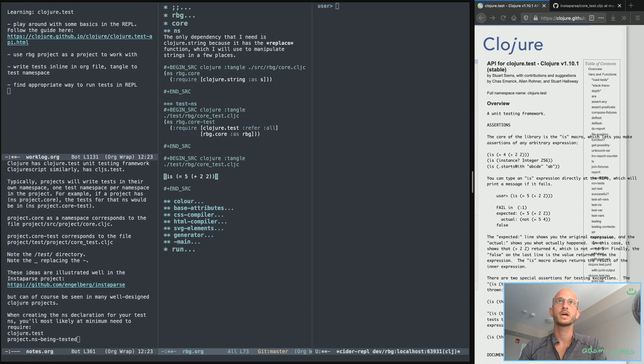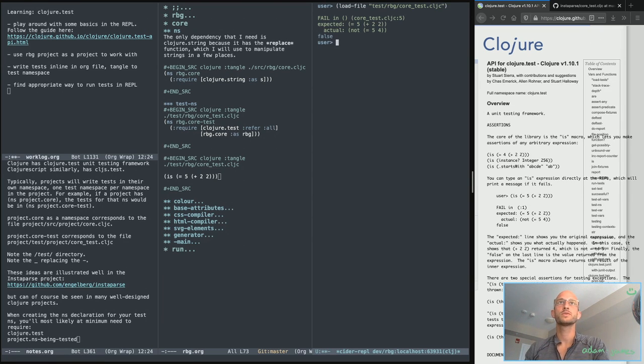If I tangle that, there's 11 pieces of code, which makes sense because there's this other code block. Then if I load file test/rbg/core_test.cljc,